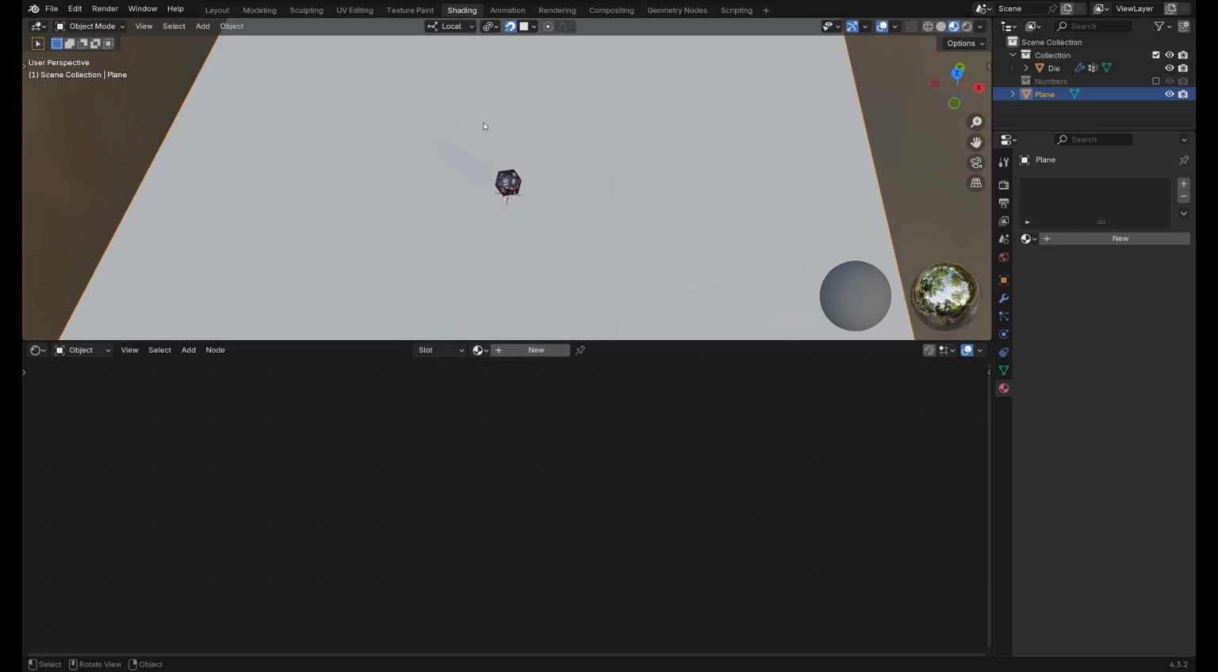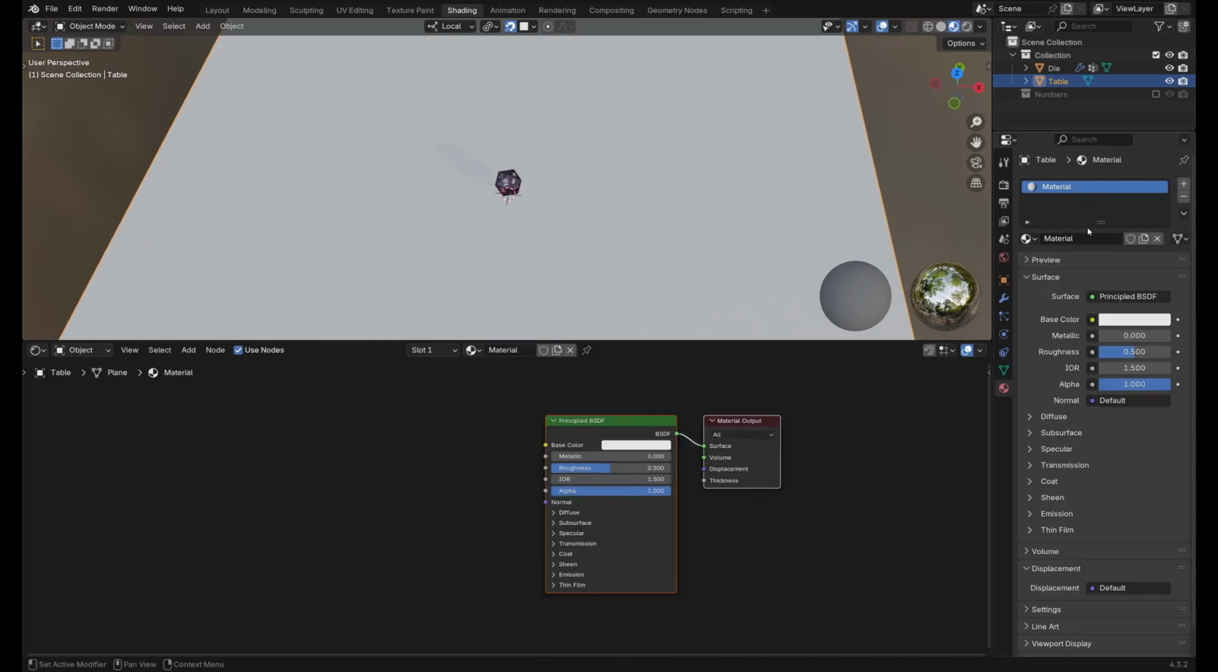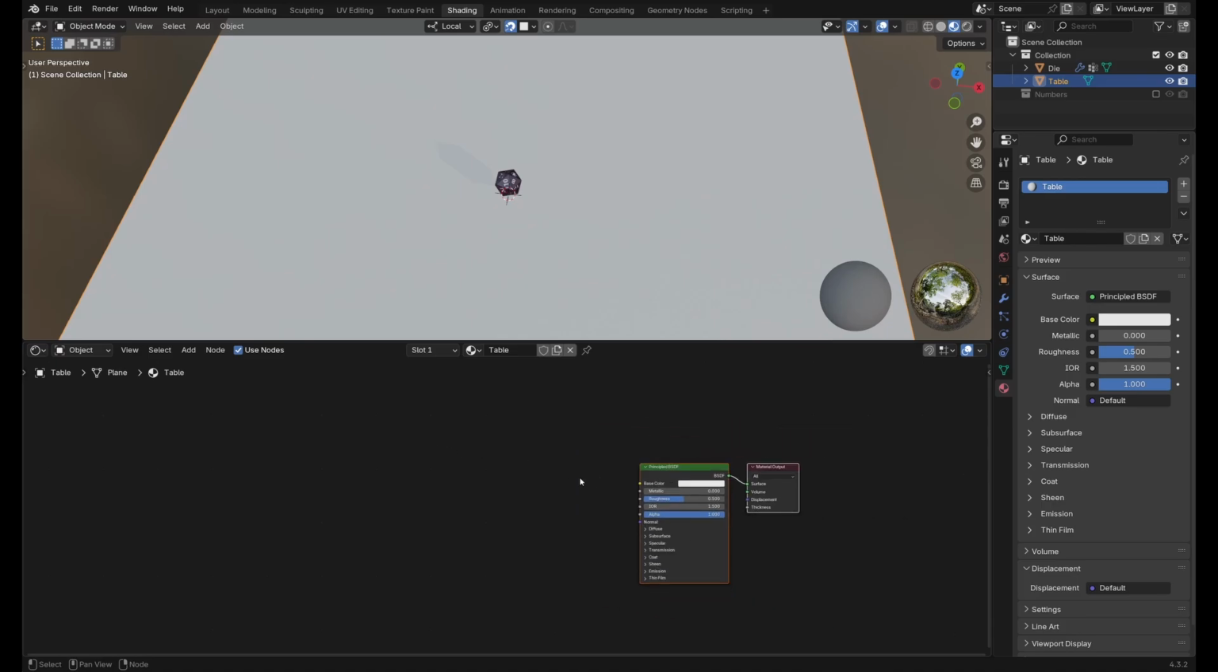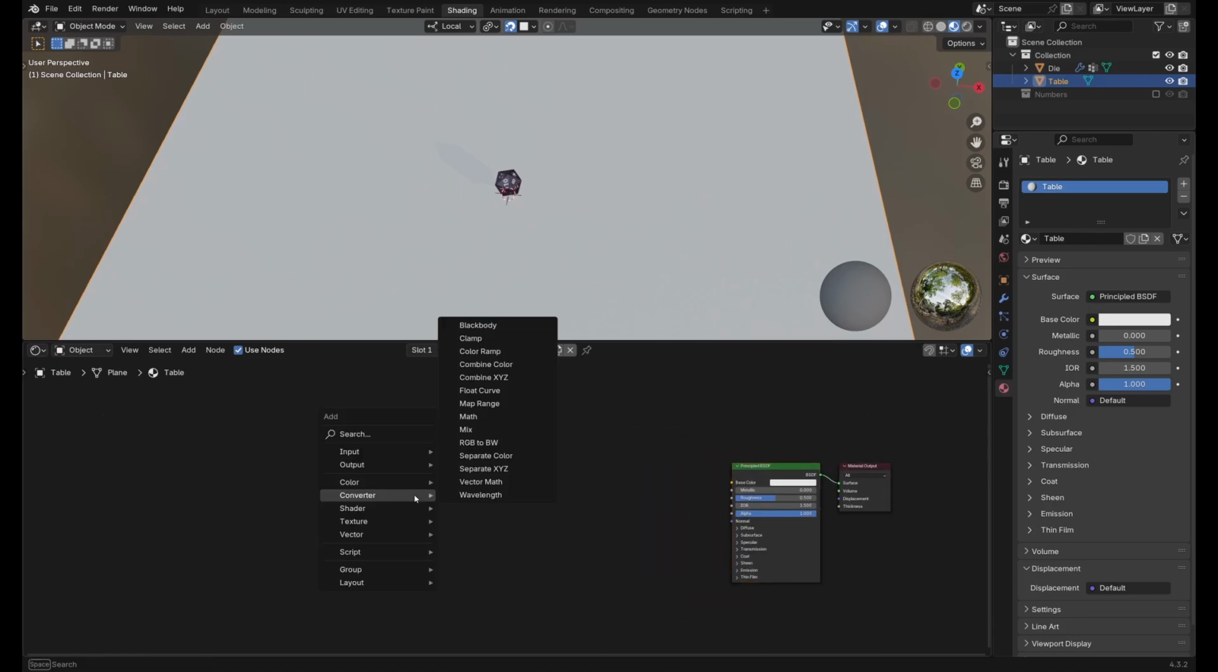This is just going to be a wood texture. We're pretending it's a table. So I noticed the plane is not in our collection here. Let's just hit F2. Rename it table. And then M to move it to collection. Now in the materials, let's add a new material. Call it table. And here, let's add a